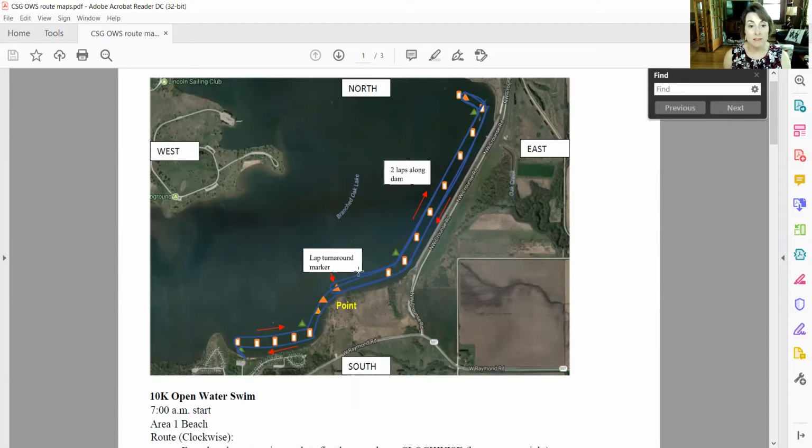This time you'll be on the lake side. So you're going past that first buoy. When you get to the second buoy, you swim between the buoy and the green marker, following the buoy line as you're traveling along the dam. You get to the green marker, you make a little bit of a left turn, you get to this last marker, the kayaker will ask for the swimmer number again. You swim around that marker again, you come back, you'll be turning right, clockwise around this buoy, and